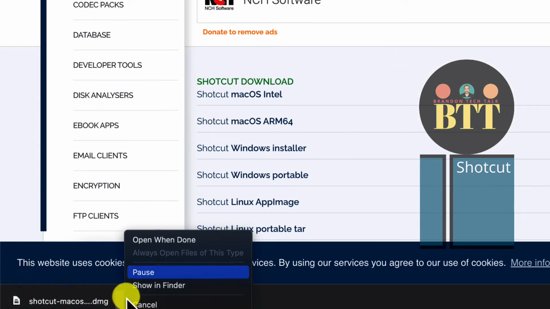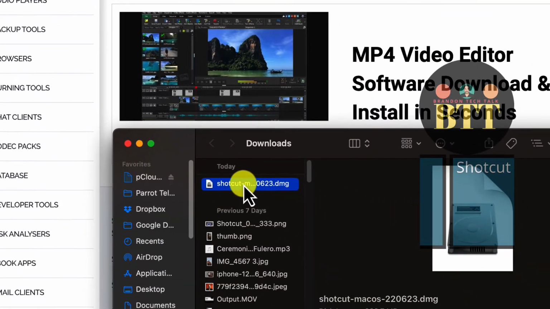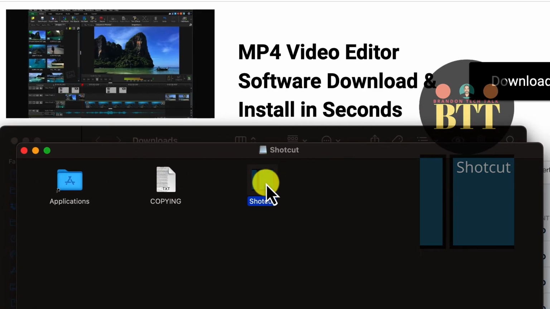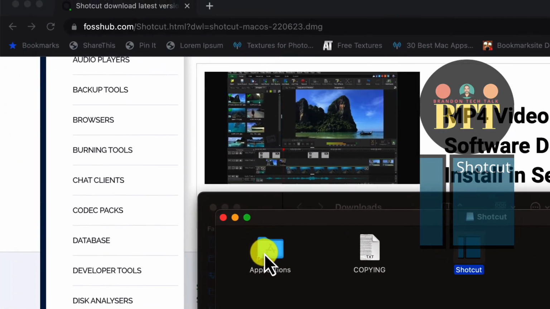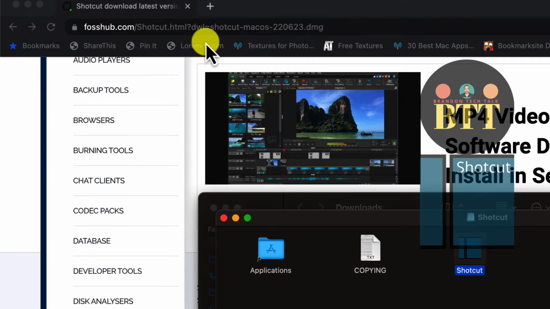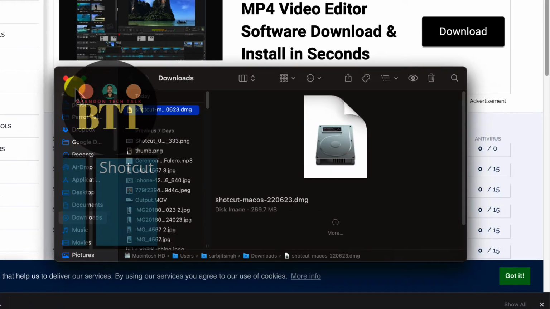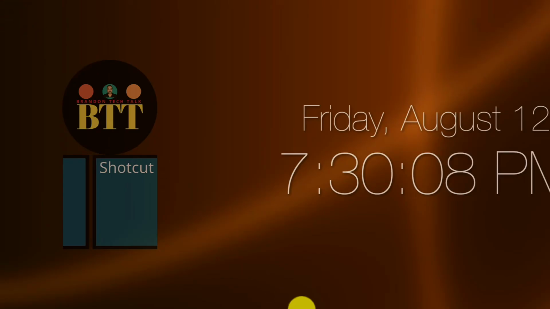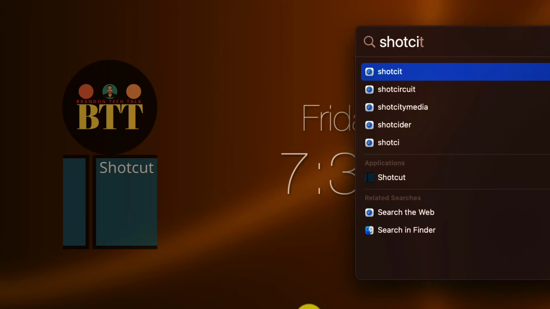Click or double click on the file to start the installation. Just follow the online instructions and you'll see the notification which should tell you that the software has been installed. I have already got Shotcut installed on my computer, so I'll skip that. Now go to your program search area on your Windows, or in my case I'll open my Spotlight and type Shotcut. That should open the